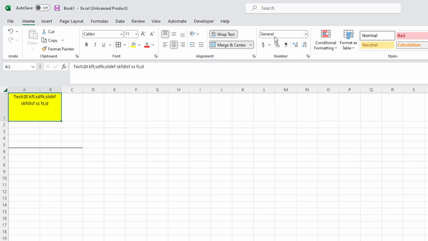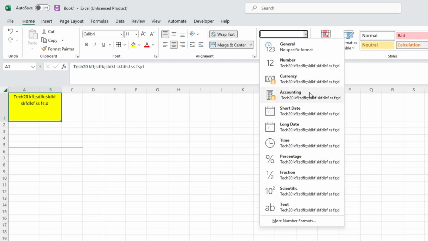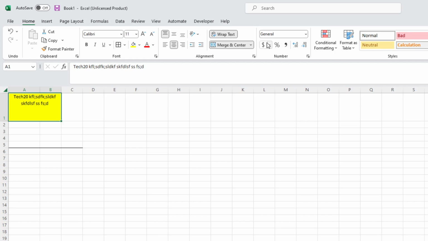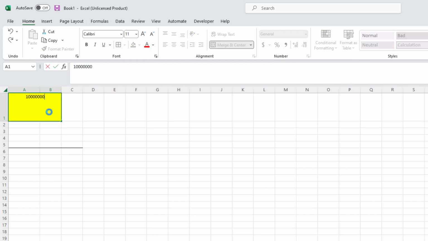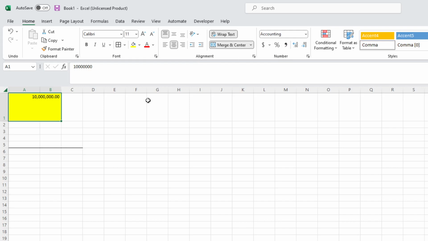Your numbers, so you're looking at general numbers, number, currency, accounting, short date, long date, which is like day of the week and the date, time, percentage, fractions, scientific, text, all that other good stuff. There's your percentage, your dollar sign, your commas, if you want to have your numbers with commas. So we'll just do a huge number there, and if we want to put the correct commas in there automatically, it'll do that right there. And then you can remove, or I'm sorry, add numbers behind the decimal, and then remove them from the decimal